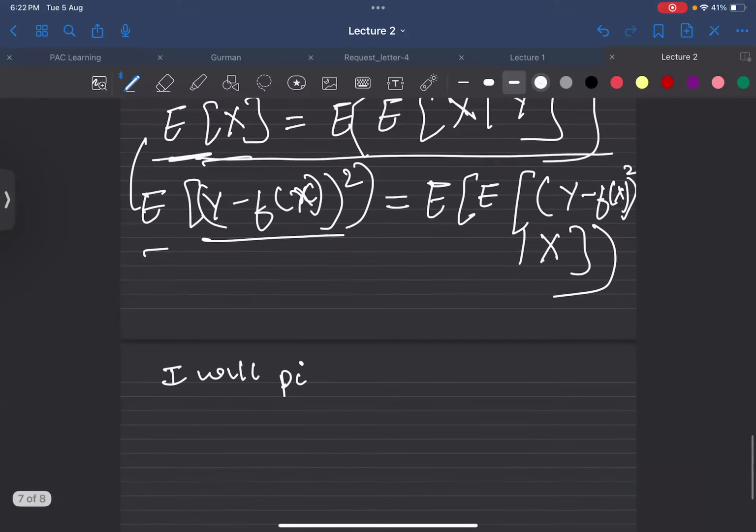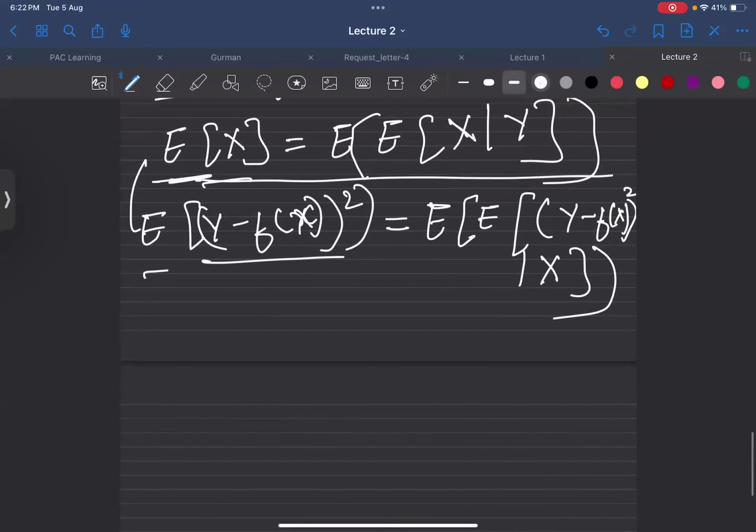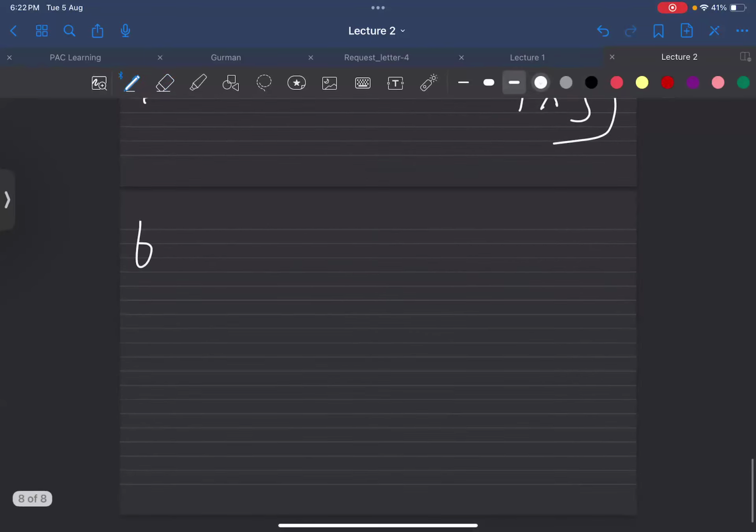So what is my main motive? I want to pick an f such that for every value of X, for every X, I should make the best prediction. I should have that f of x. The function should be such that it gives me the best prediction, and this loss, this gap between the predicted and the actual output, should be very minimal. Am I correct in saying this statement? So what should be my f of x?